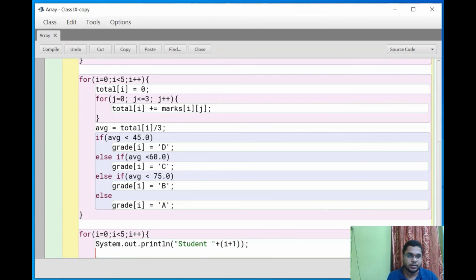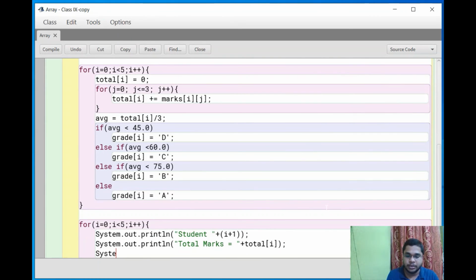Now System.out.println, I have to show the total marks equals, concatenate with total of i. Here I am printing the single dimensional total array.